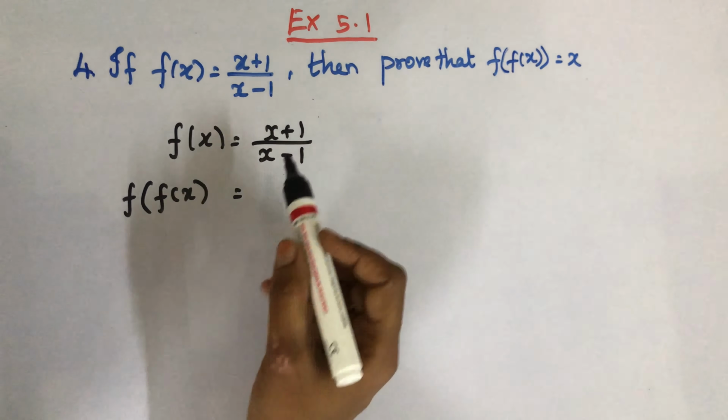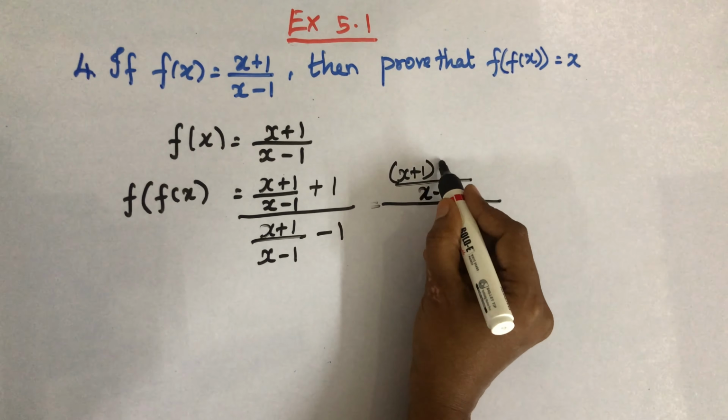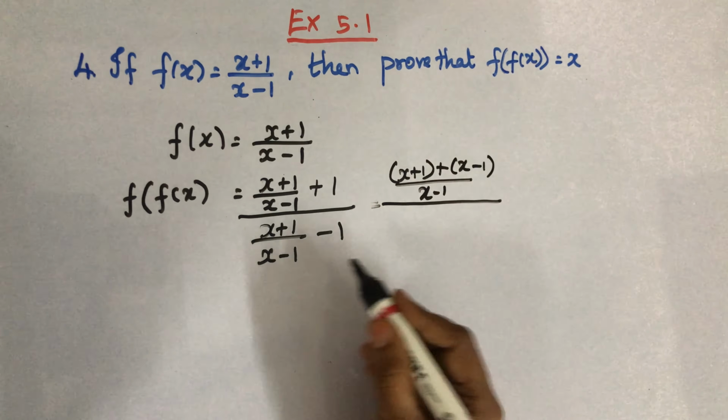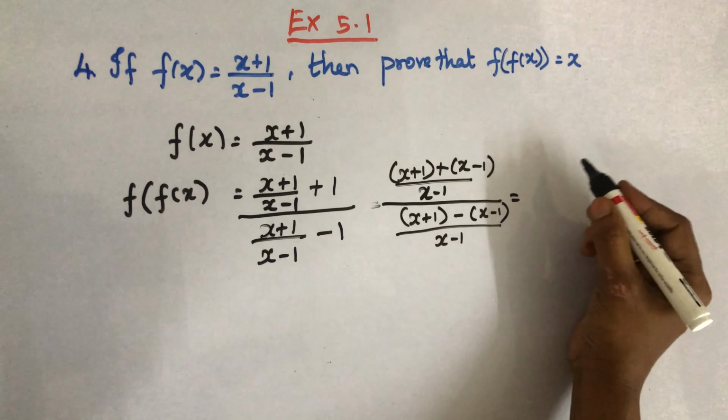Now we can take the LCM x minus 1. So here x plus 1 plus x minus 1. In the denominator also x minus 1 is the LCM. So x plus 1 minus x minus 1, that is equal to x plus 1 plus x minus 1. So 1 and 1 will get cancelled, 2x